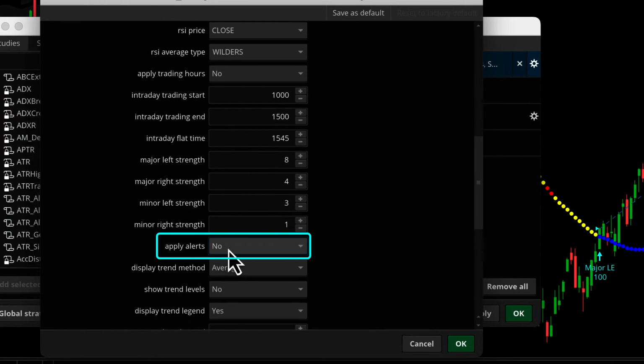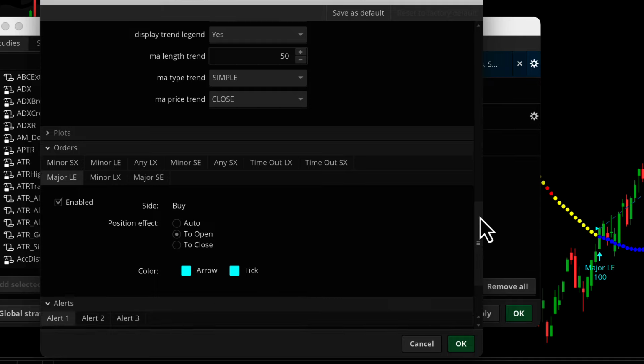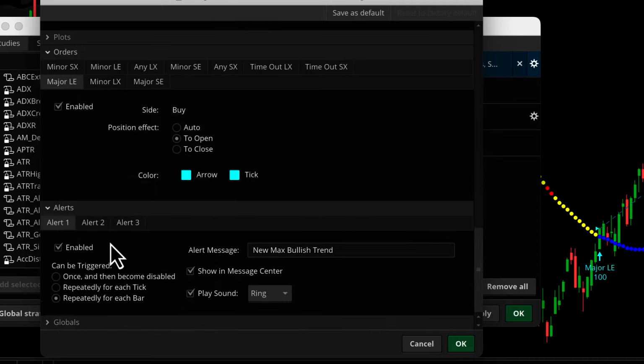The default is no, and you change that to yes, and that will turn on the alerts. Now, how do you adjust the alert settings? Let's scroll down to the bottom and open up the alerts section of the Edit Studies window. And scroll down, and you can see that there are 3 alerts. One is for new max bullish trend, one is for a new max bearish trend, and the other is for